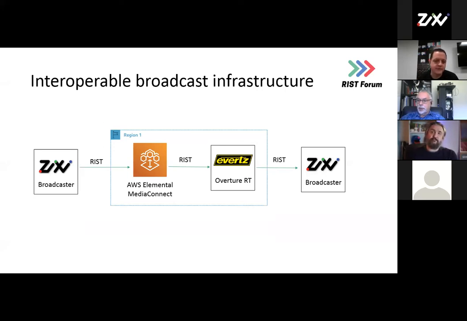Yeah, I think that's the key here is, any of these products shown could be replaced by one of 10 other products for that portion of the workflow. Exactly. So that's the interoperability that RIST is providing. Right, and that's the way it should be, right? Customers need to choose the right tool for the job, not the right tool because it happens to work with this other solution, which I think is so often the problem.